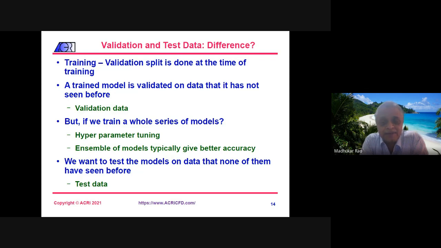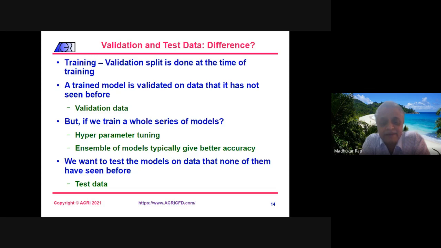But typically what we do, we never stick with just one model. We train a whole series of models. And why do we do that? We have something called hyperparameter tuning. That is, if you look at it in the neural network, such as what Dr. Murali showed,